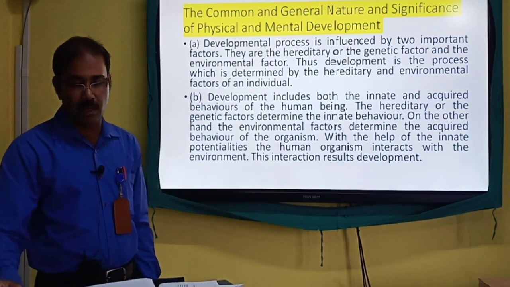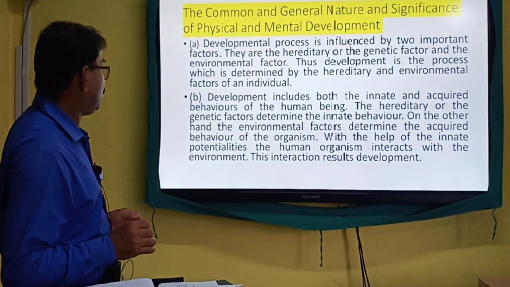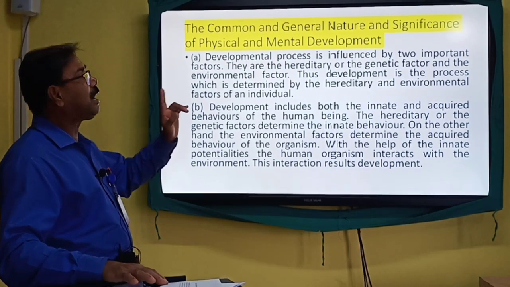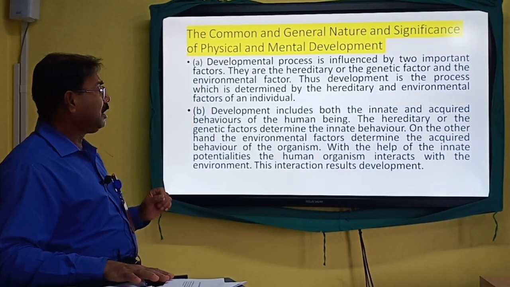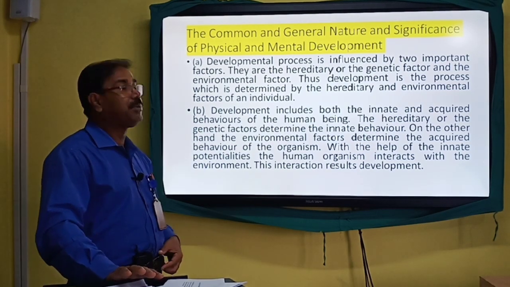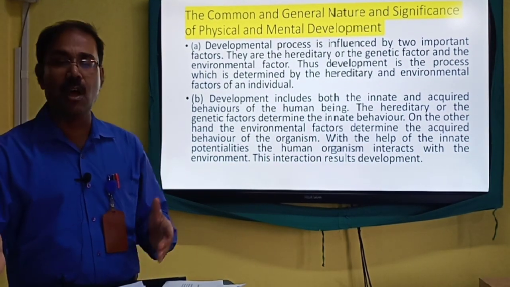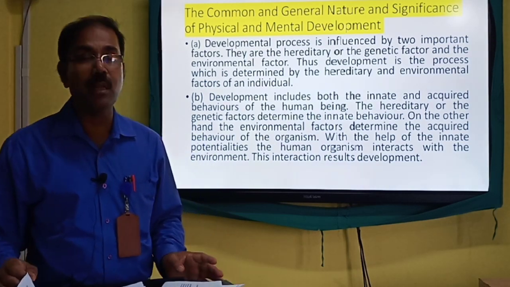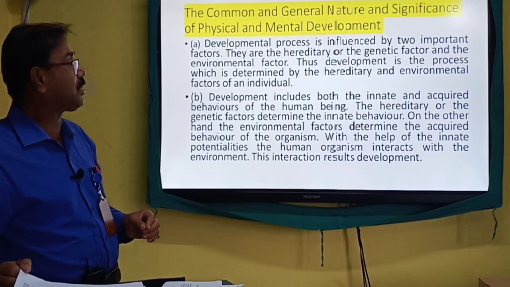Interaction means that with the help of the genetic capabilities, the capabilities transmitted through the influence of the hereditary history, we develop all the capabilities in the environment. So friends, these are the two factors with the help of which the process of development of the human organism is determined. And once we are to study the life or the process of development of the stage of adolescence,